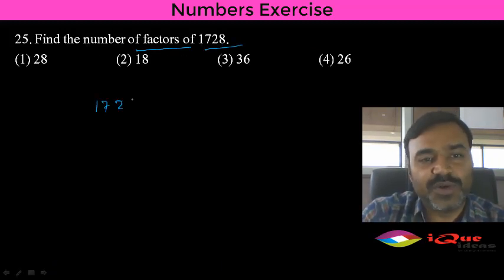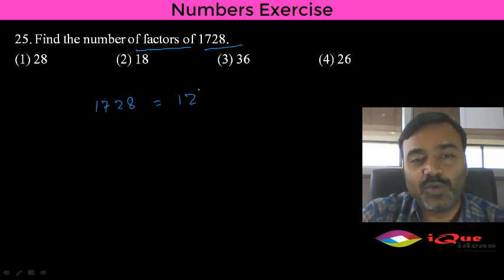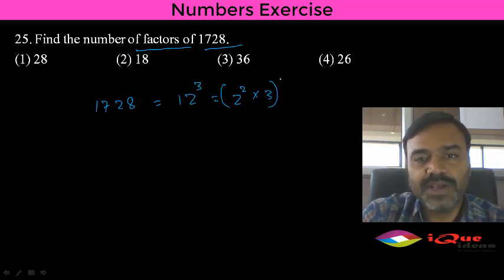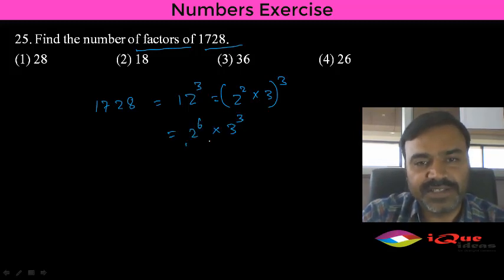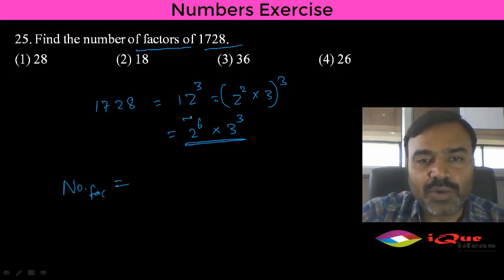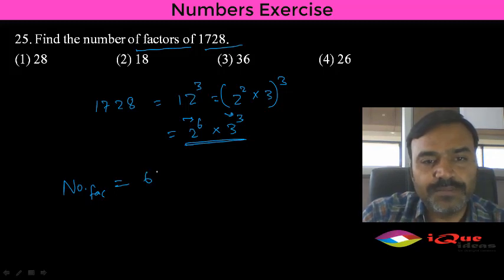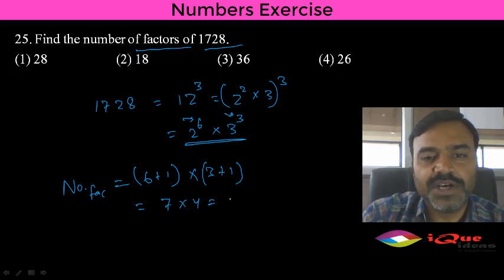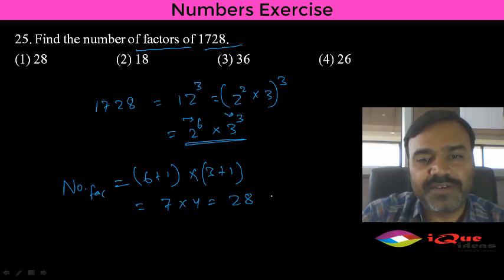First of all, factorize 1728. Again, 1728 is 12 cube, right? So it is 2 square into 3 whole cube. So it comes out to be 2 raised to the power 6 into 3 to the power 3. We have factorized it into its prime factors. Number of factors is straight away calculated as add 1 to all the powers. So 6 plus 1 and 3 plus 1 and multiply them. So it is 6 plus 1, 7, 3 plus 1, 4, 7 into 4 is 28 factors,